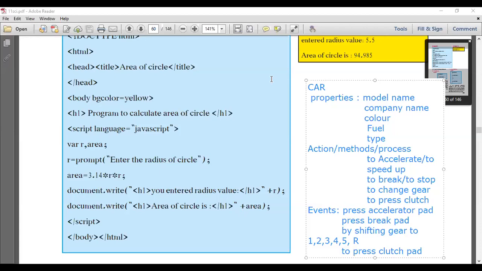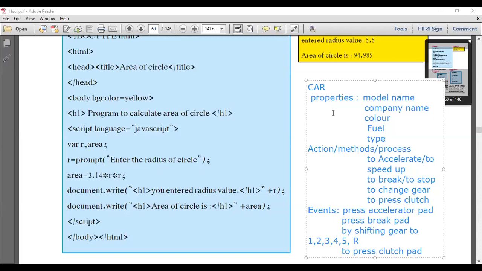And properties mean the different things which are nothing but the appearance or the characteristics of the object. So here are properties, actions or functions, and here are the different events. By using a particular event, you can execute an action or process or any function, and by using properties we can change the appearance of the object.